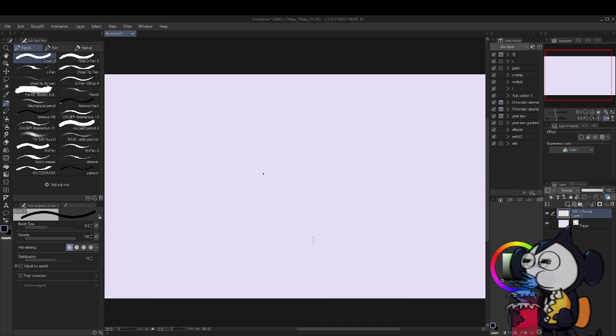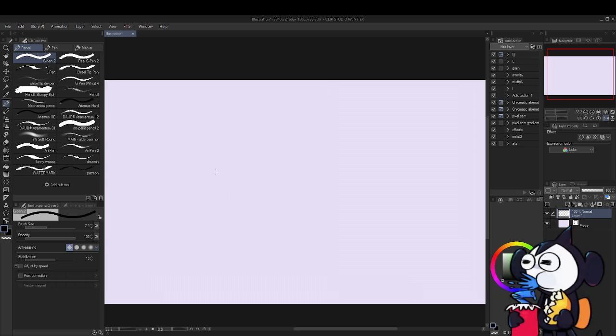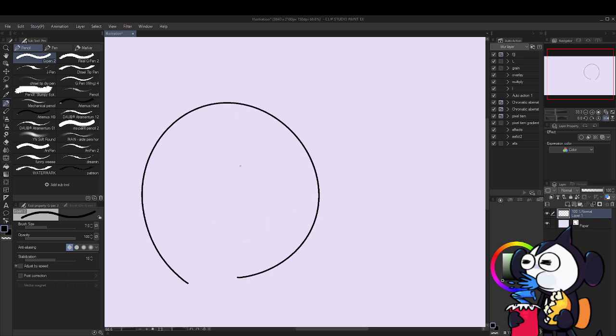So this is strong. For the way I draw, I always have anti-aliasing off. And I'm gonna show you why. So whenever you draw something, and say you already got the line art down,